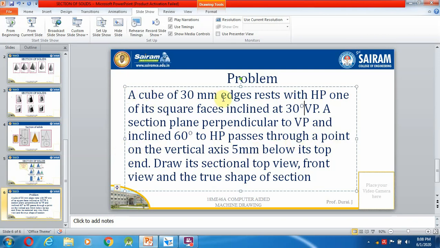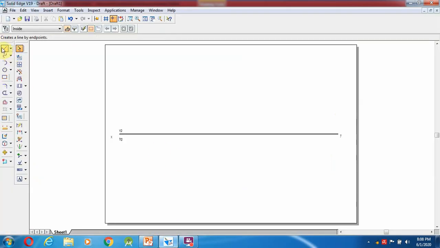So here one more thing. A cube of 30 mm edges rests with HP, one of its square faces inclined at 30 degrees to VP. So first we are going to take a cube of 30 mm edges resting on HP, with one of its square faces inclined at 30 degrees to VP.